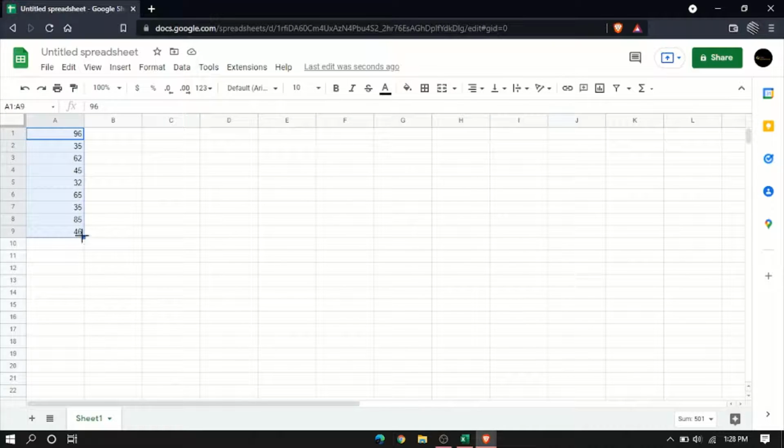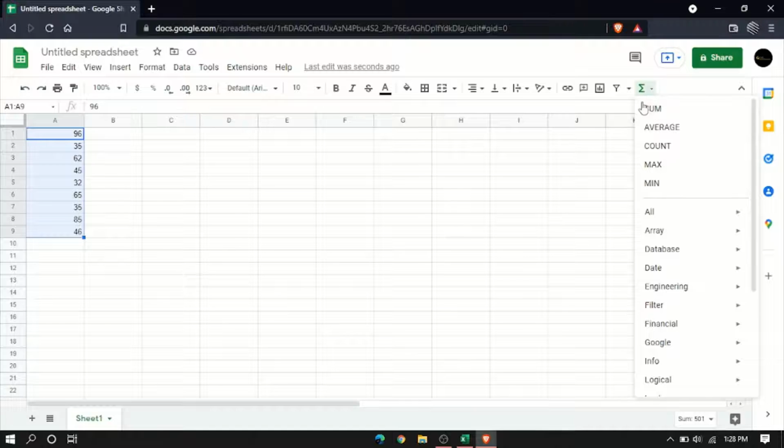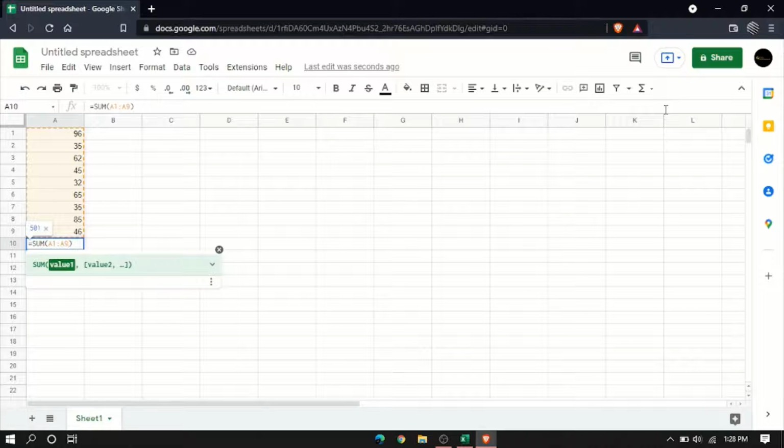You don't have quick analysis here. In the ribbon, go to the last option, called functions. Click on functions and you can see sum, average, count, maximum, minimum. We are going to click on sum and press enter.